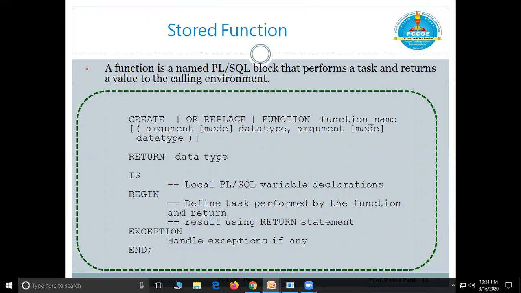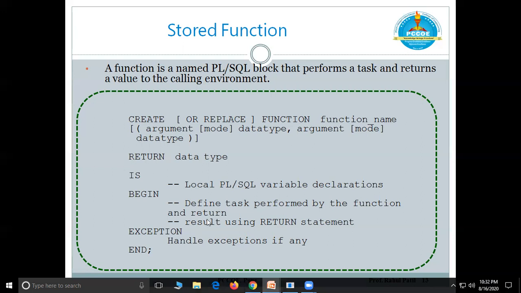The only difference is the function returns a value to the calling environment, while a procedure may or may not return the value. Procedure may return a single value, multiple values, or may not return a value. But for a function, it is mandatory to return the value.